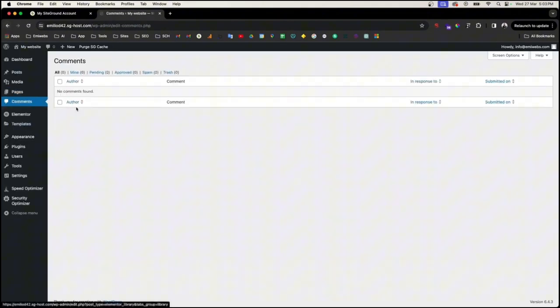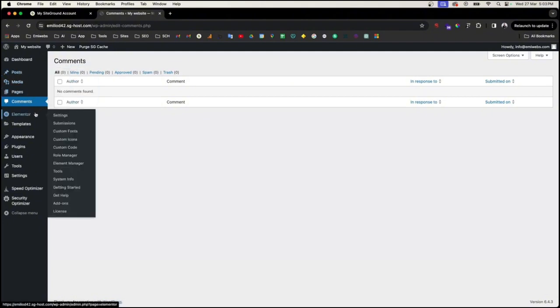Comments, that will be in relation to your post. If you create a post and then someone wants to comment on it, it will be displayed here. So all the comments will be in there. At the moment I don't have any, but as soon as someone is commenting on your post, it will be in there. Elementor is a plugin that I'm using to create,